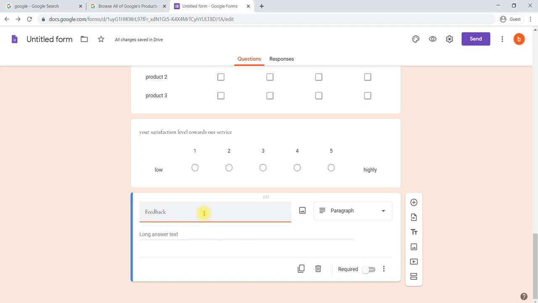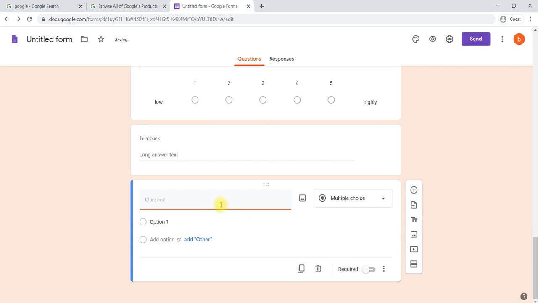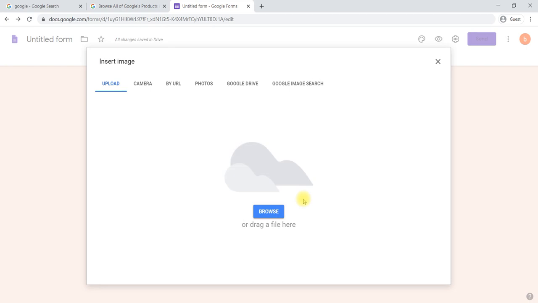I will give the design, the photo I will attach, and I will ask what to be improved. If you like to add such questions, what to be done? First, we have to add the question. When you start writing a question, at the end of the question box, you can see that image icon. That icon you have to select to insert an image.